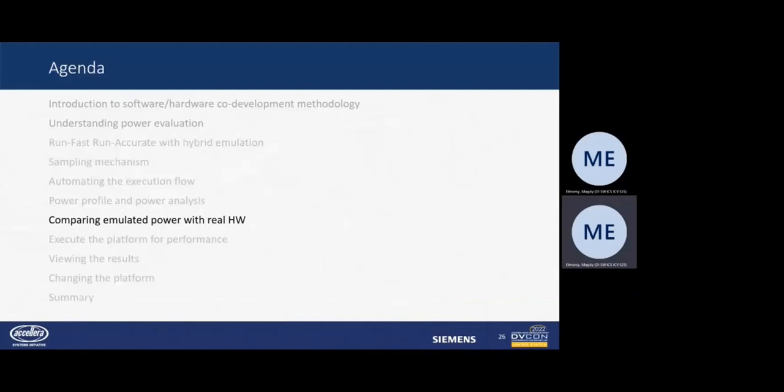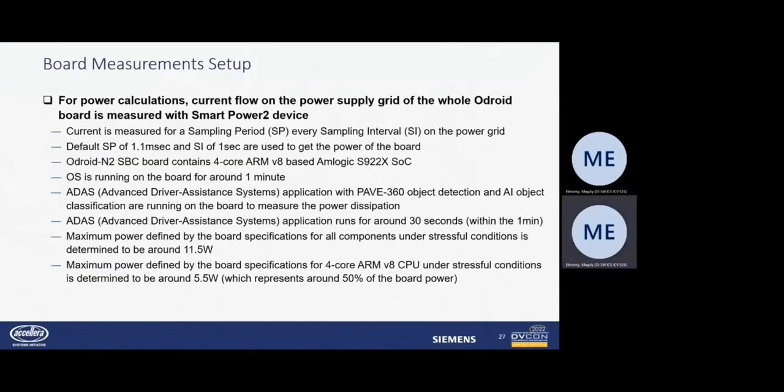In the coming section, we are going to compare the power we determined using our methodology with the power dissipation of the same application running on real hardware. As I said, we used a real hardware, a real chip, with a real power measurement board tool. Then we connect the power tool, which is called the Smart Power 2 device, to our hardware, and we run the application on it. As I said, the application runs for